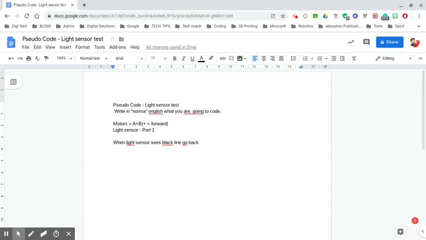An if statement. In your coding, you need to look for that. What area is that under? In the tabs on the left-hand side, what's it under? Logic. So it's a logic block. It's if statement. So we can say if. I'm going to say light sensor, and we're going to use LS for light sensor. If light sensor, port 1,